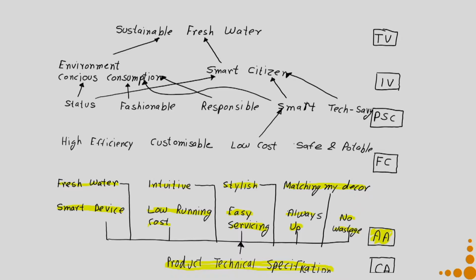In RO based purifiers, there is a lot of water which is wasted. So is it that what I mean, which I will add in the product specification, or does it mean that when the product is no longer a useful product, I will have the company collect it back, which means there is no wastage. So what this no wastage means, I will define in the product specification.